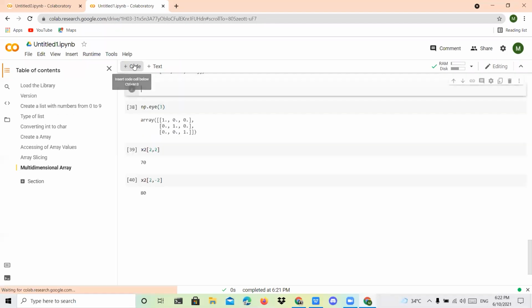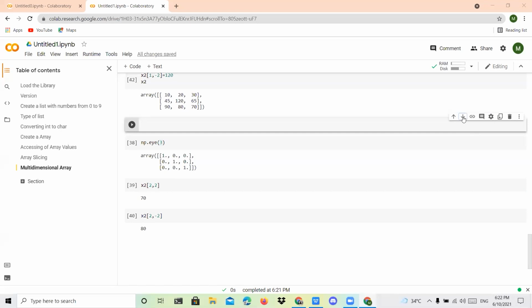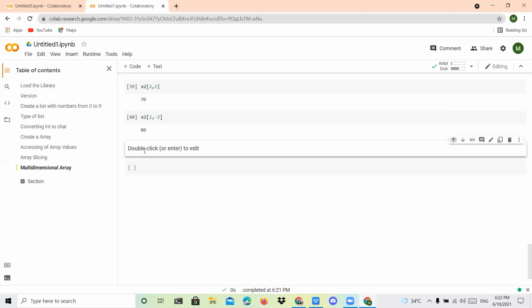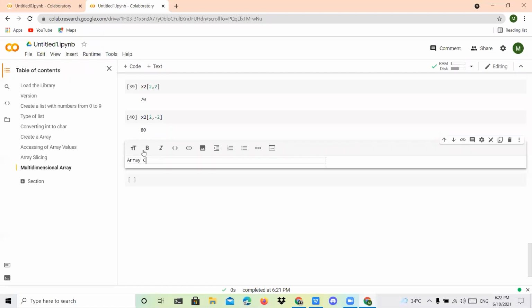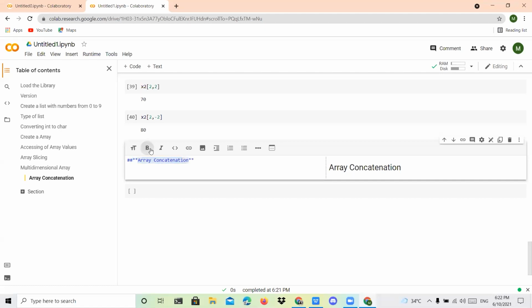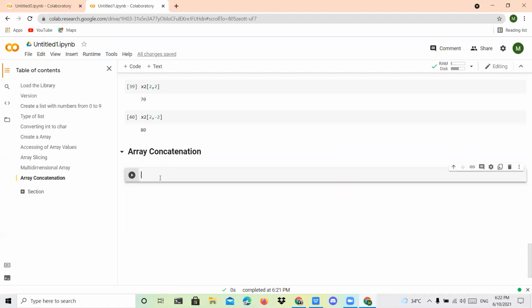Next, I'll move on to array concatenation. I'm going to create three one-dimensional arrays. So x is equal to array of square bracket 1, 2, 3.